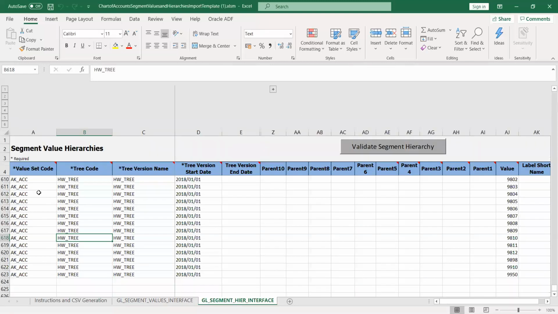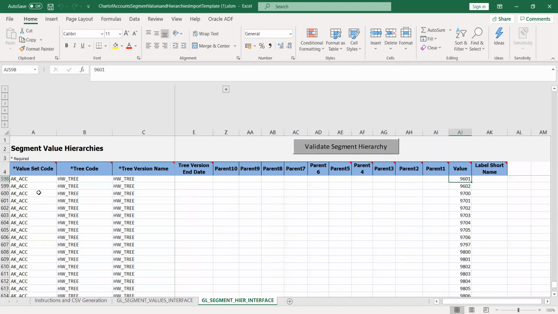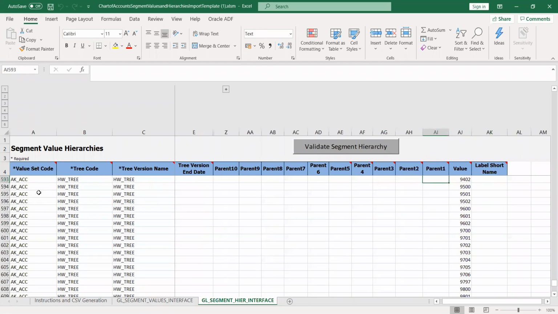The next thing we have is the hierarchy part. Here, if you see, we have the tree and root concept. Tree is nothing but a parent value and root is nothing but a child of it. We have up to the 10th level of parent. I'm not taking all these values, but if we want to, we can have even the 10th level of parent and child relationship.